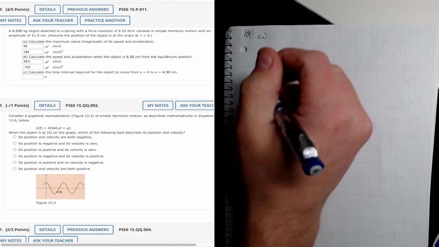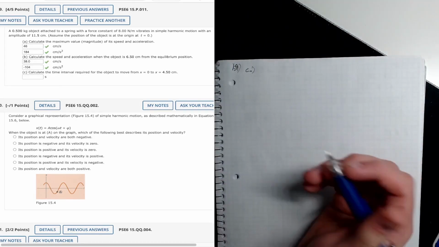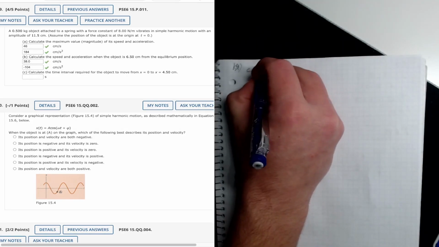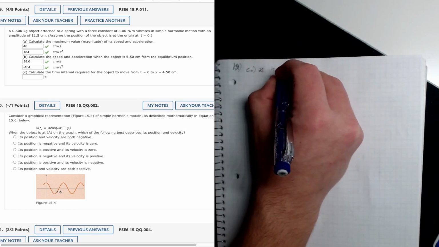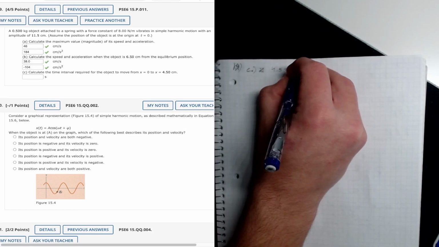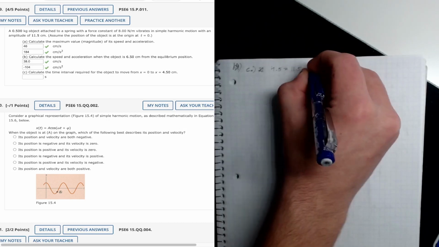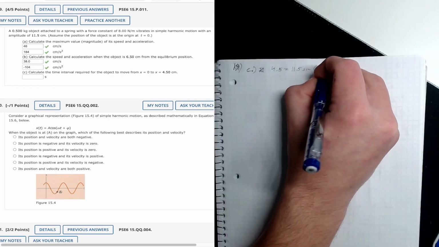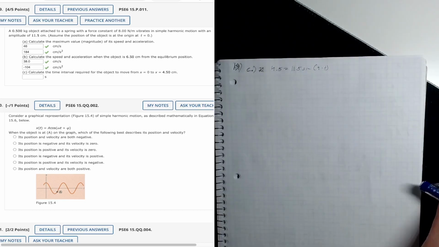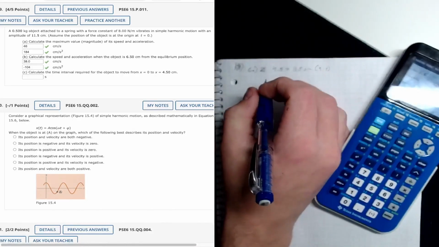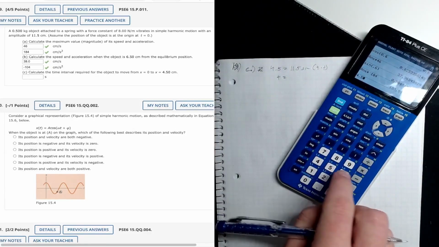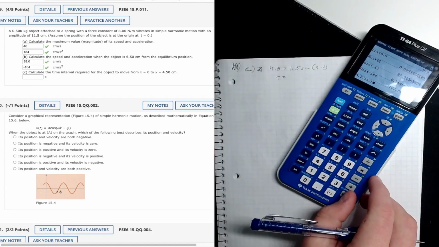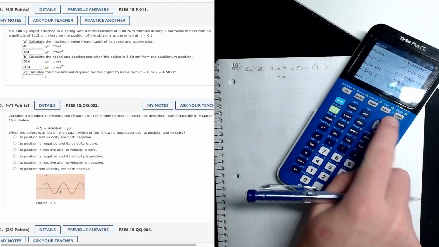I believe that would just be the same equation, but then solve for t again. So x, 4.5 centimeters equals 11.5 sine of 4t. 4.5 divided by 11.5, arc sine of that